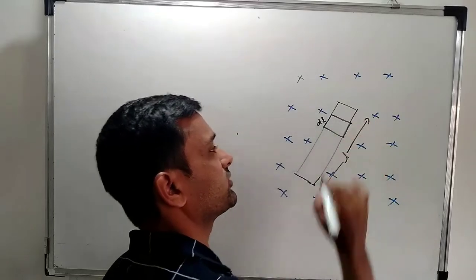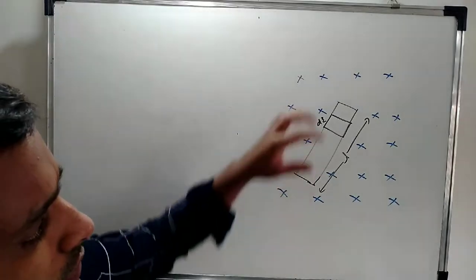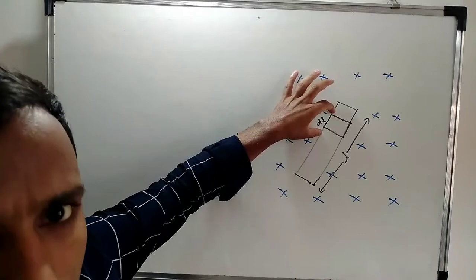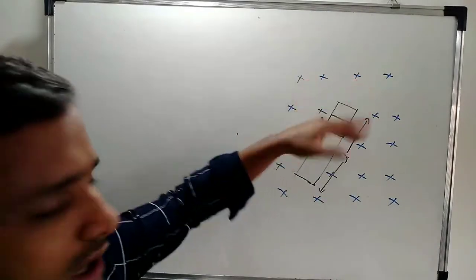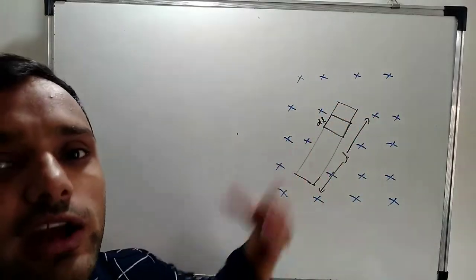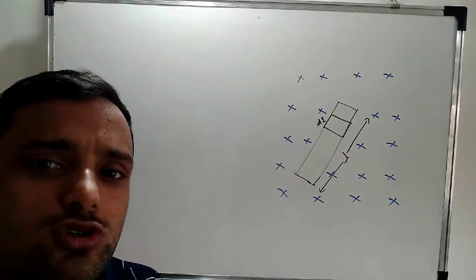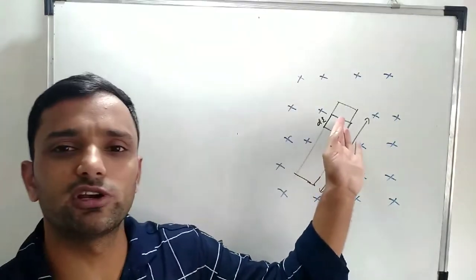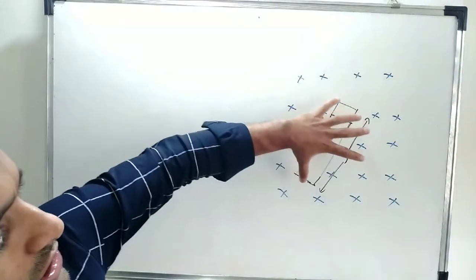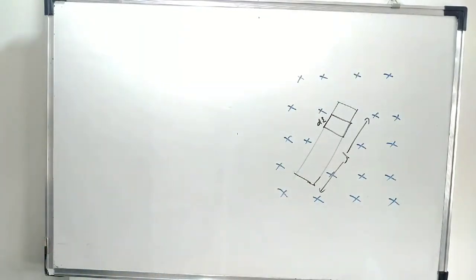So how to determine the value of induced EMF? Initially we can determine the value of induced EMF for the small length dr. If you get the value of E for dr, afterwards you can determine the total induced EMF across the length L of the conductor by taking the integration of the induced EMF across dr. So what is the method? Initially we determine the induced EMF for dr. Afterwards, by taking the integration, we can determine the total induced EMF across the length L of the conductor.